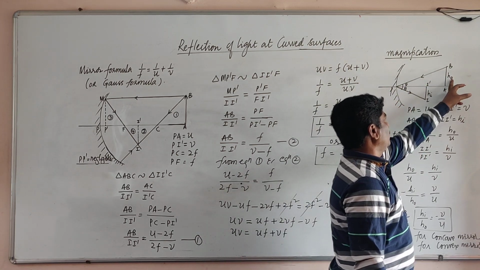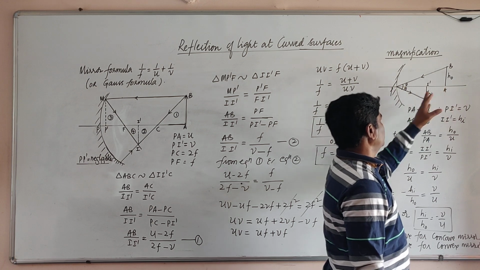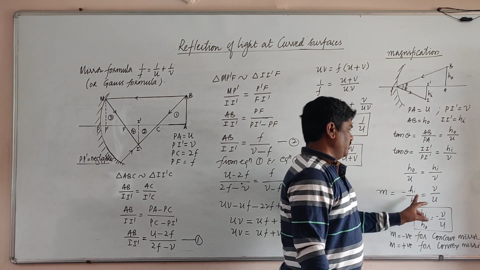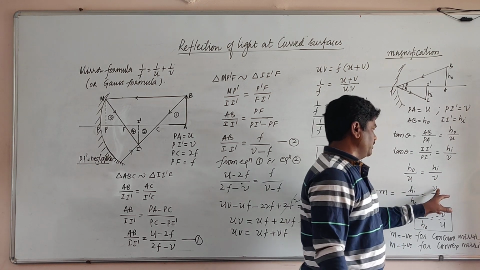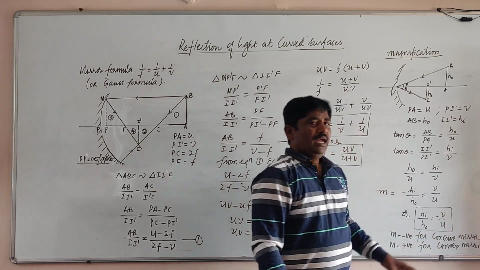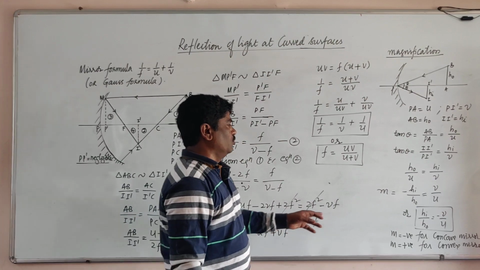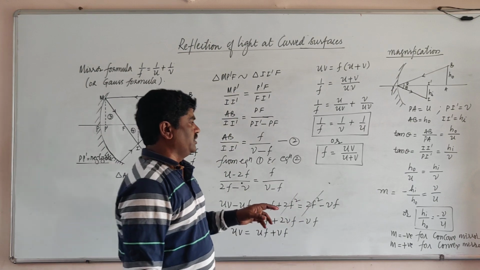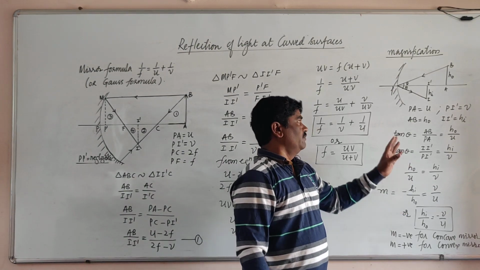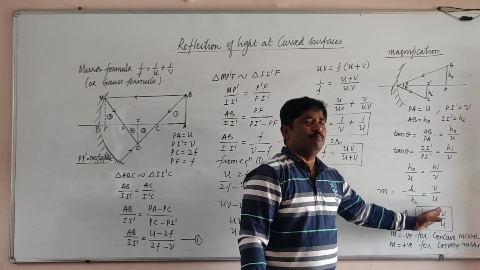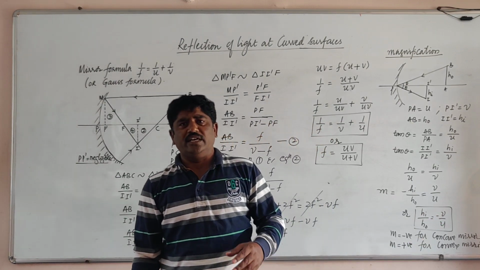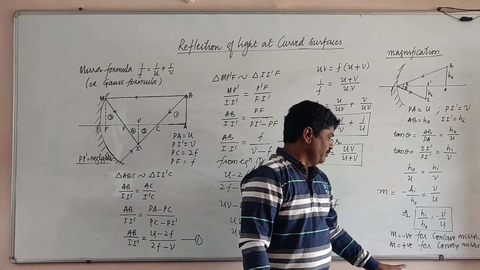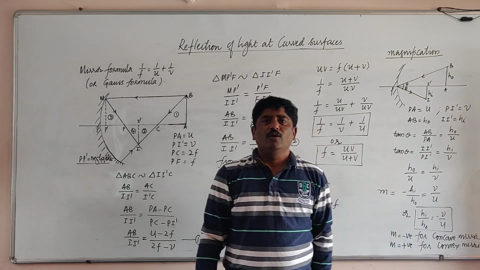So this theta must be compared: height of the object by object distance, height of the image by image distance. By this, height of the image by height of the object is compared with minus V by U. So it is just a numerical value only. It does not possess any particular unit. The magnification is always represented with M, and it gives the comparison of the heights of the object and image or comparison of the distances of the image as well as the object. So M value is negative for which one? Concave mirror, and M value is always positive for convex mirror.